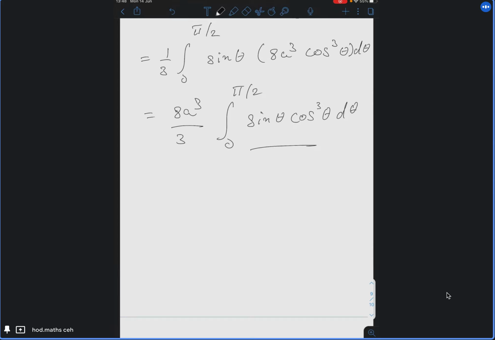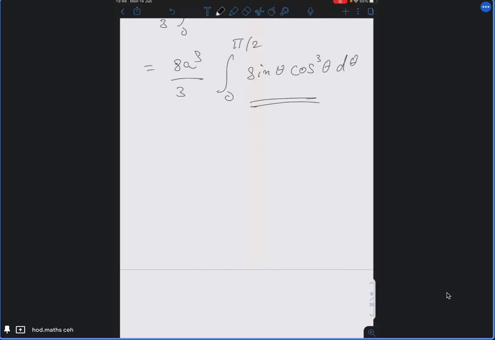In two ways you can solve the problem. It's a direct problem, no substitution is required. You can just substitute cos theta is equal to t, so that sin theta d theta will be equal to dt, so that it becomes t cube, and you will get t to the power 4 by 4. Or since the integral is from 0 to pi by 2, you have sine and cos functions here, so that can be compared with the beta function and then converted to the gamma function. You will get the result there also. But anyhow, this is the result.